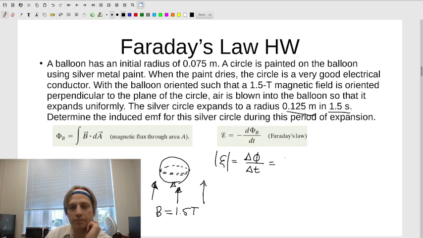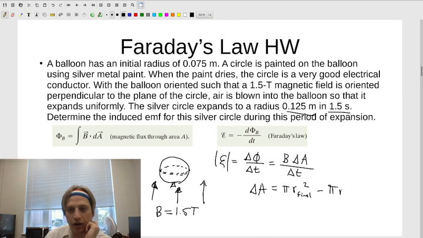It's going to be the magnetic field, which is not changing, times the change in the area over the change in the time. And so the change in the area, you can find that just by taking your pi r final squared minus your pi r initial